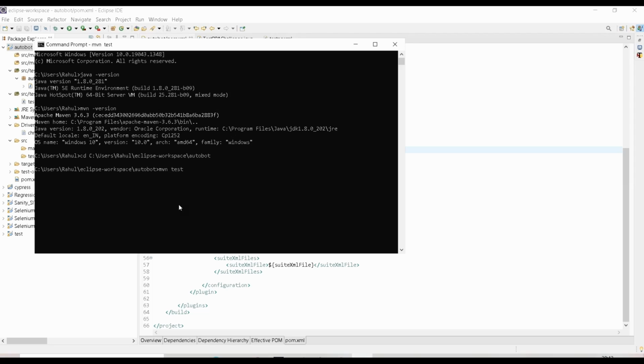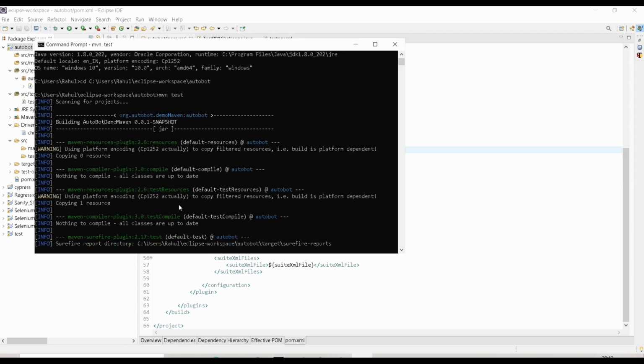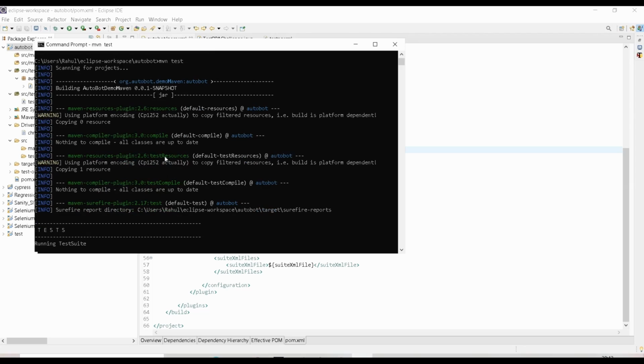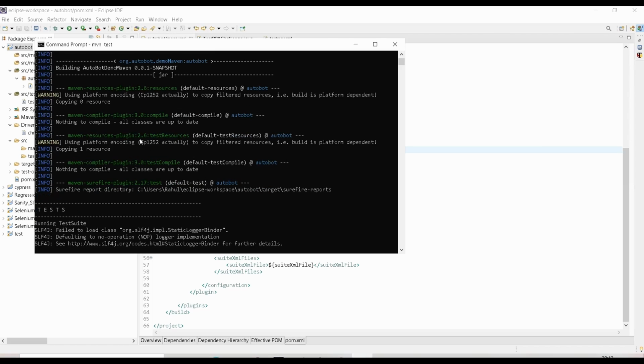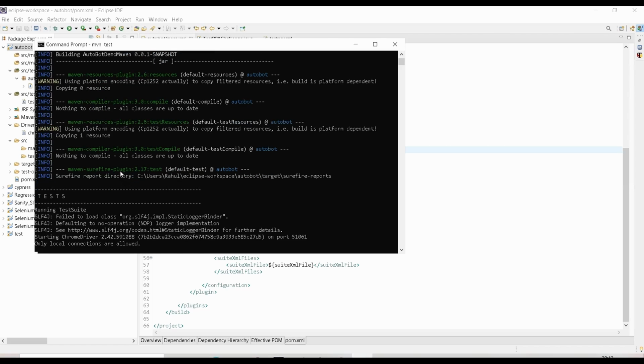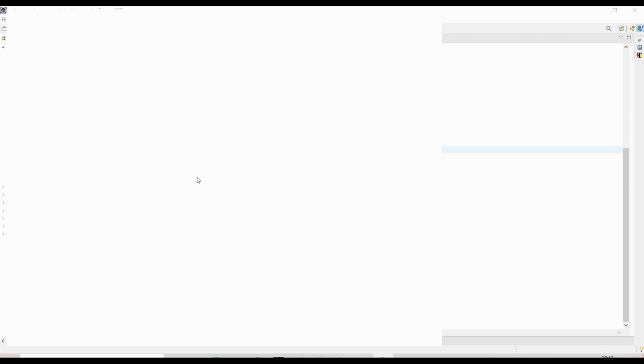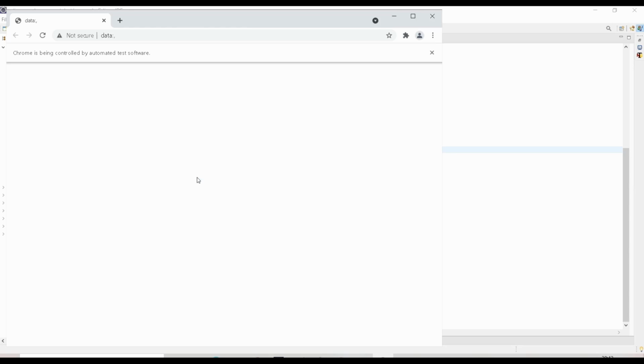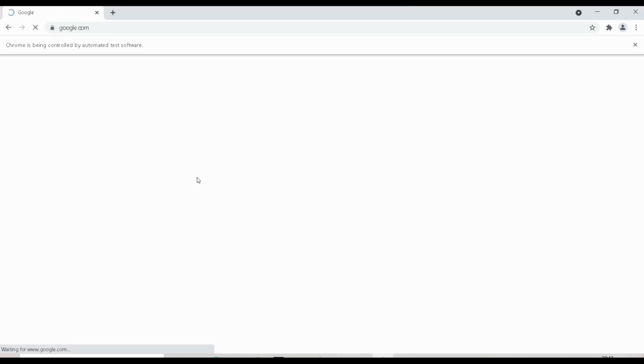Okay, so it will do the same task, like it will execute the test phase. Okay, so here you can see it is triggering the compiler for doing the compilation. It is calling up the Surefire plugin for doing the testing. Okay, so this is how you can put this project in the CI/CD for doing the execution in your pipeline.